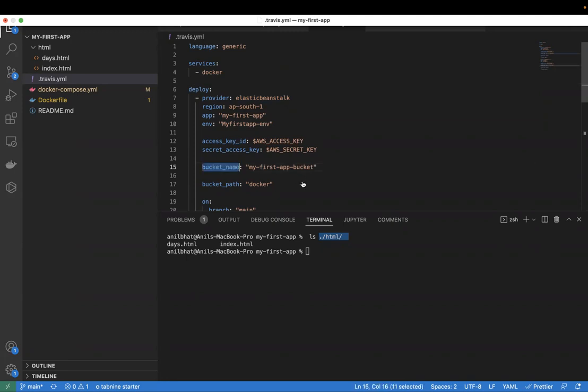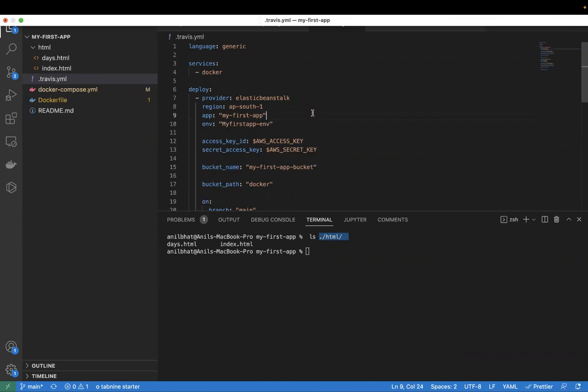We are going to use Amazon S3 also. You package your entire application as a zip file and upload it into Amazon S3. From Amazon S3, you copy your bundled application into Elastic Beanstalk. That is what we are going to do.